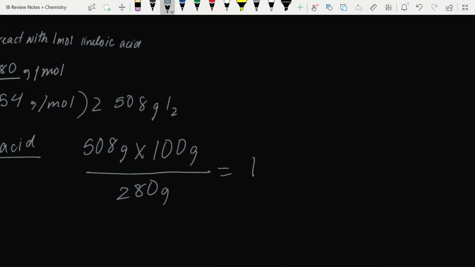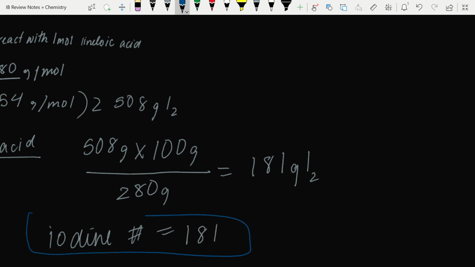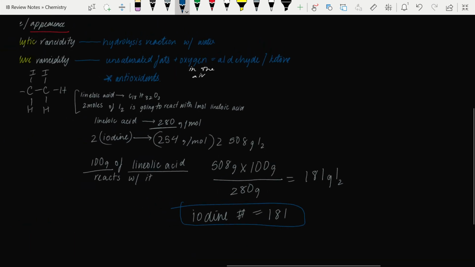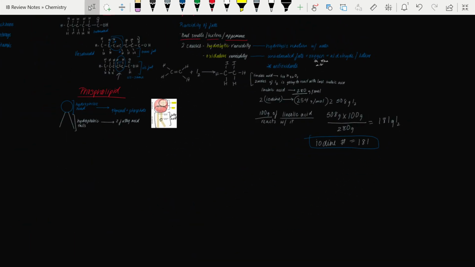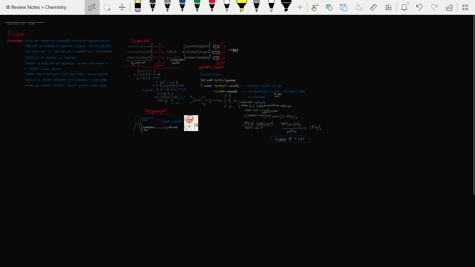And then you get 181 grams of iodine. So your iodine number is equal to 181. So that right there is your final answer. Alright, now let's go to our